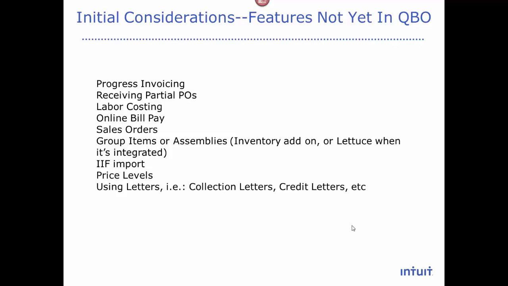conversion. Initial considerations, features not yet in QBO. However, there are a lot of third parties that solve for them. The only one that's really unsolvable for a third party right now is labor costing. When you're doing job costing for payroll, you're just going to have to journal entry those amounts in, tag the customer, you're using QBO Plus, and then you've created a budget to actual report so you can see the budget to actual, which is real similar to the estimate to actual reporting you have for contracting in, say, Premier and Enterprise Contractor Edition. The rest can be solved by third parties, but it's important just to kind of look over